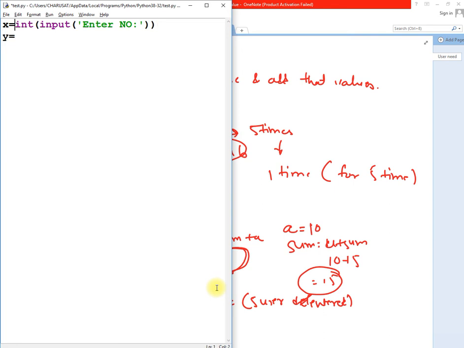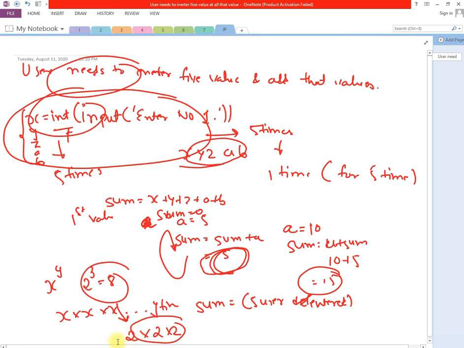So I'll ask for two values, and these two values will be different. Enter a number, and this would be enter exponent. Okay. Now once I get those two values, what I have to do is multiply the number exponent times, or y times.